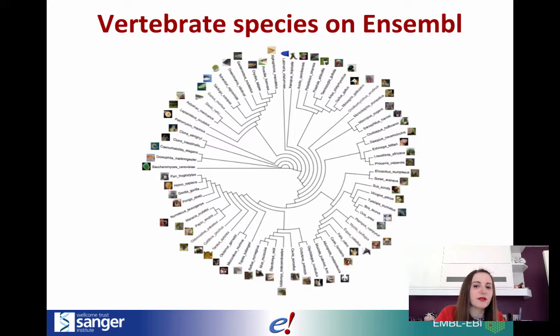And Ensembl covers vertebrates, so we try and cover a wide range of taxonomic space. We try and cover biologically important species such as model organisms, agricultural species, conservationally important species as well. And if you're eagle-eyed, you might have spotted that there are some non-vertebrates shown on this tree. We also have C. elegans, Drosophila melanogaster, and Saccharomyces cerevisiae in the database. These are in for a couple of reasons. One of them is historical, and the other reason is that they're actually really useful to have around when you're making gene trees. If you have a very unrelated species, you can use it to anchor the tree more effectively.